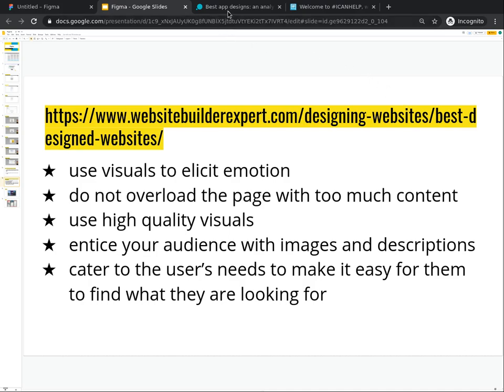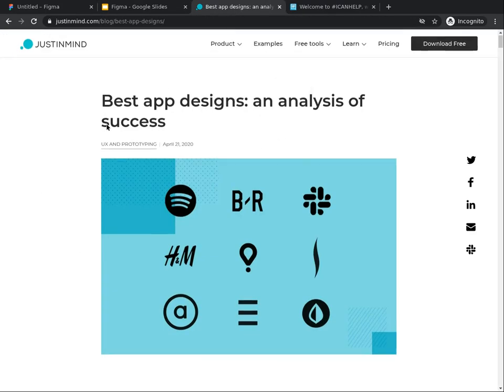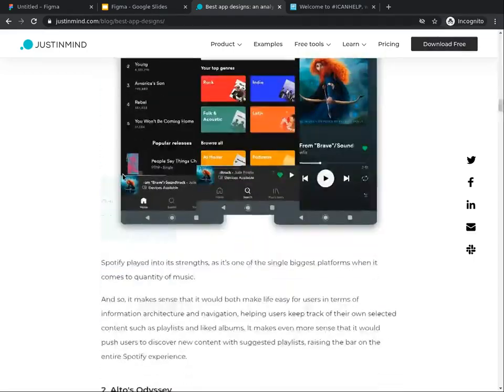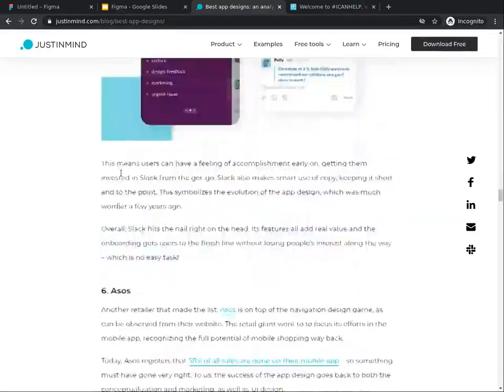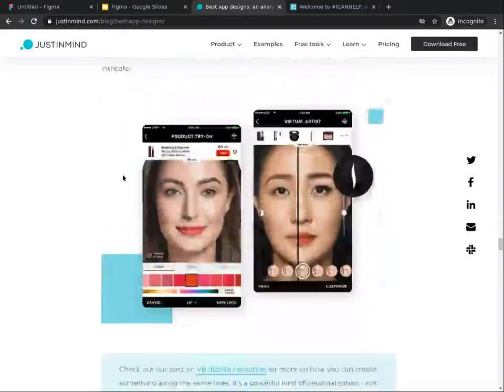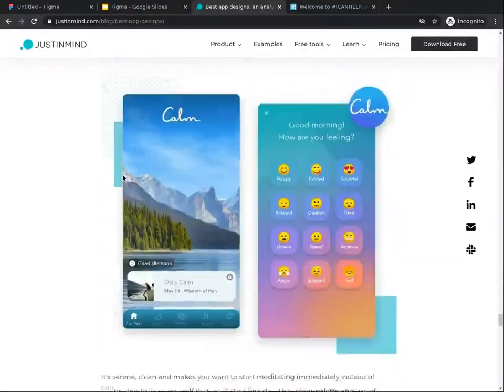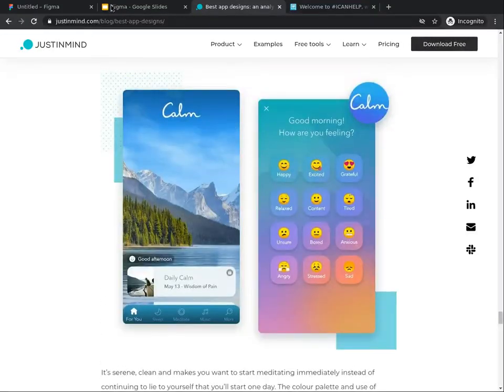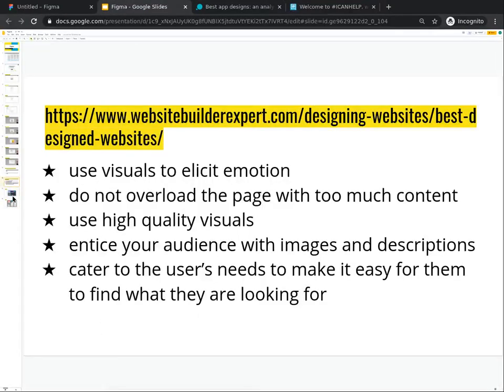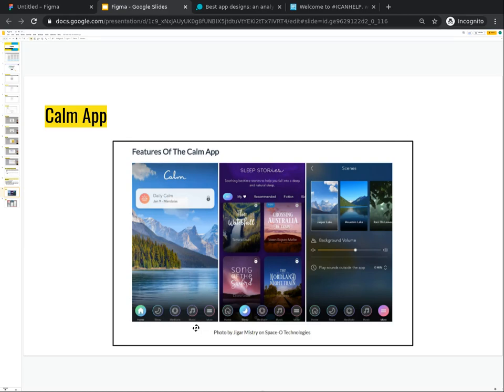Going back to the app, let's look at the two that the article mentions. In the Calm app, we see the different parts of the app that the designer added to make the experience easy for the user. There is a background photo, interactive photos, and an icon bar for navigation that always stays at the bottom of the page. You can design an app like that. Remember the constraint button we learned about in the last task?